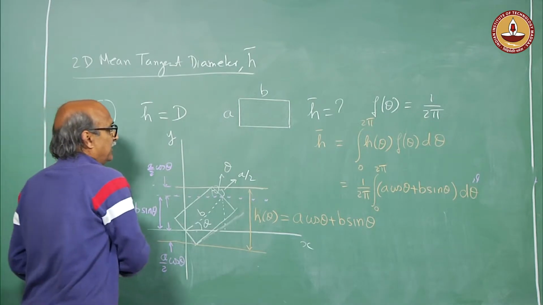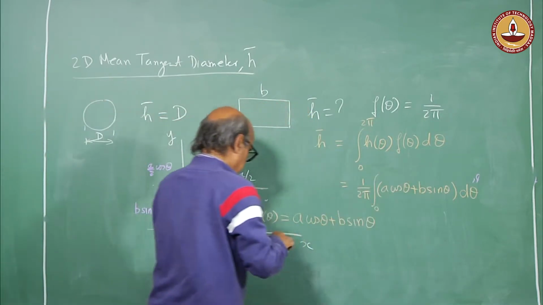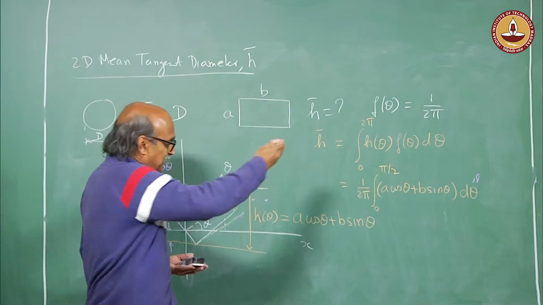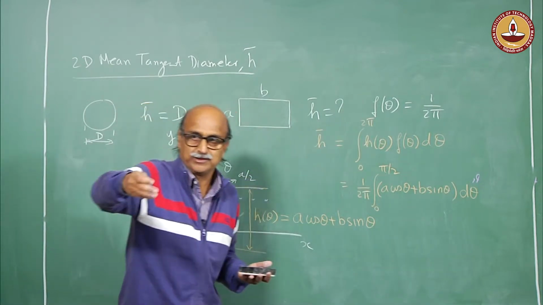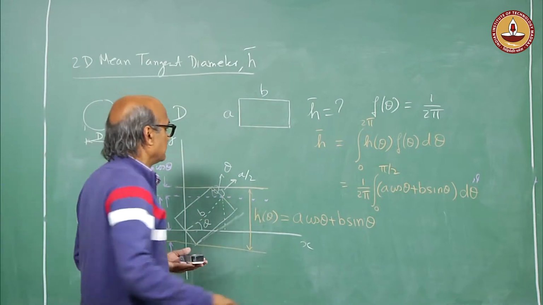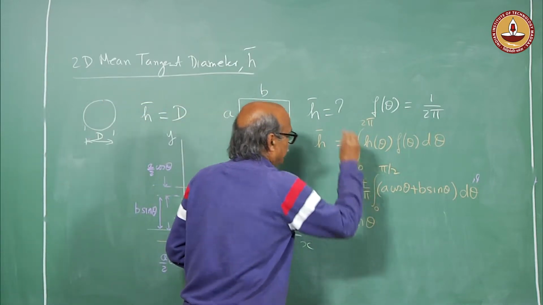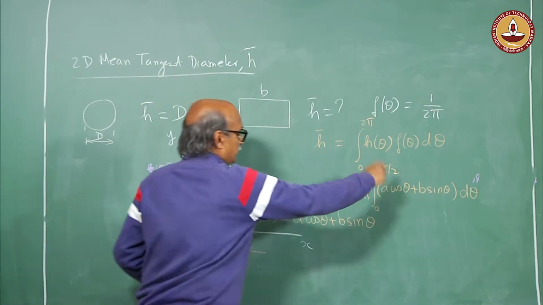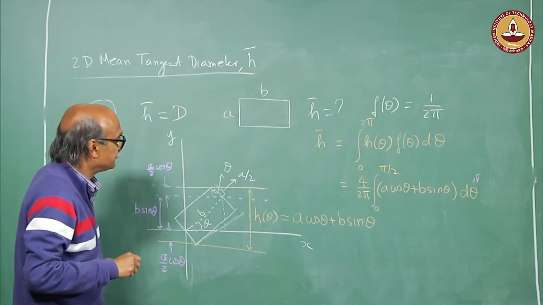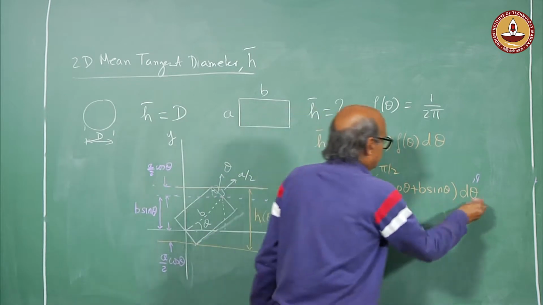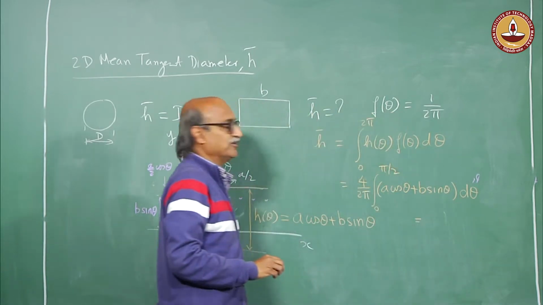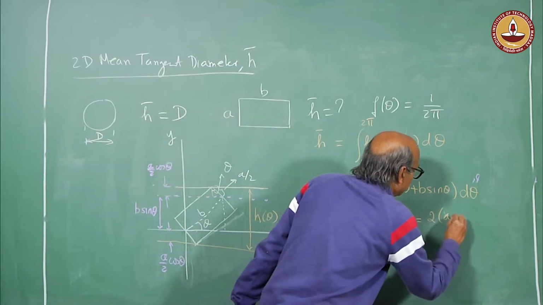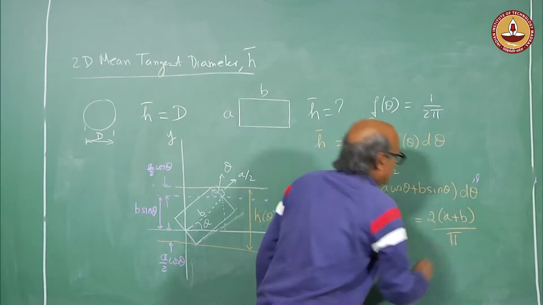If I do that, then instead of 2 pi here, I put here pi by 2, and then there is an integral from pi by 2 to pi, and then pi to 3 pi by 2. So, there are 4 such integrals. So, there will be a factor of 4 that will come out here. Okay, this is what that integral would become. All right. Now, this is a simple integral. I will directly write the result now. This will give me the result 2 times a plus b divided by pi.